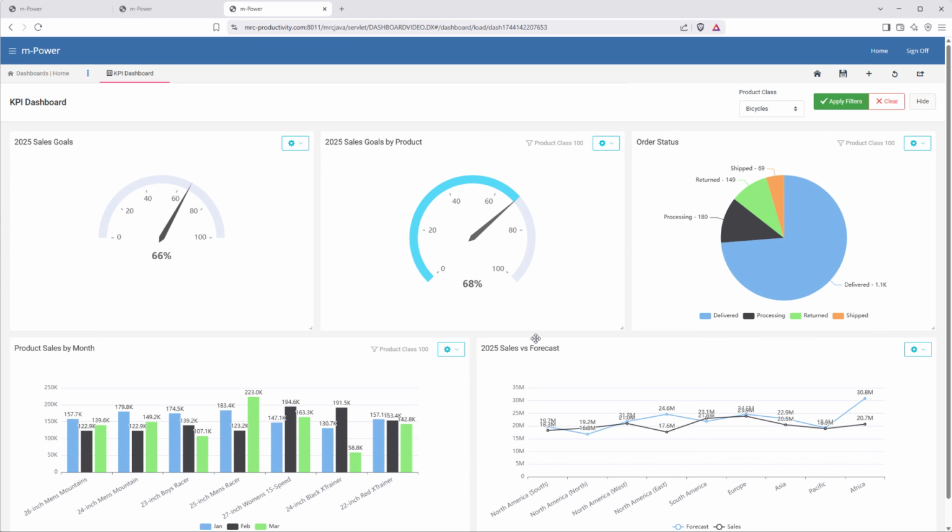In just a few minutes, I put together a nice little KPI dashboard that works over your existing data and